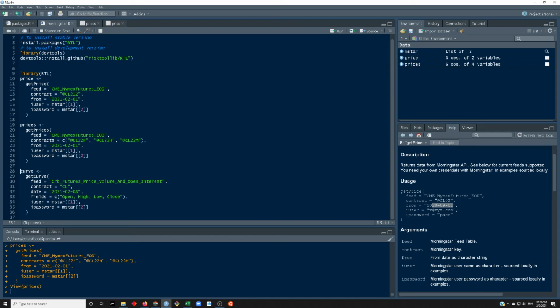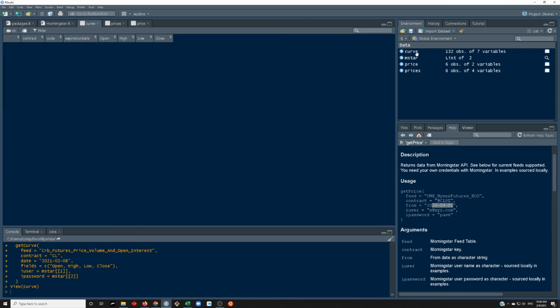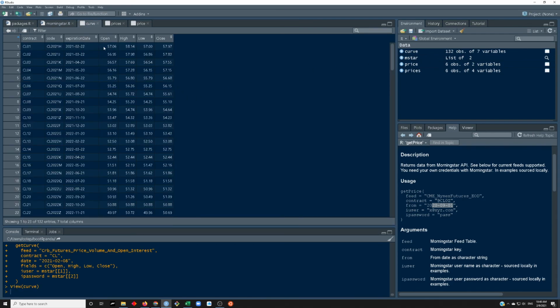getCurve allows you to extract all the different maturities of a single futures contract. So in our case, the root was CL, the contract code. It's part of a different feed if you search it, and it will extract, as of the date that we specify, the settlement prices that we have on the close for all the contracts, and also provide, this was the March 21 contract, the first contract, the second contract was April, and it also has codes